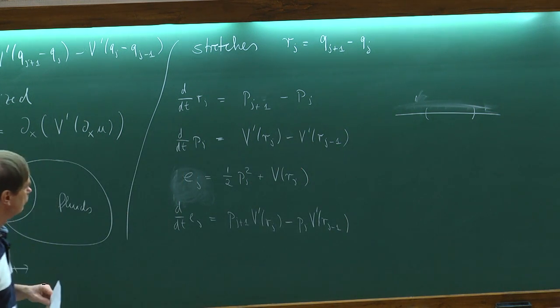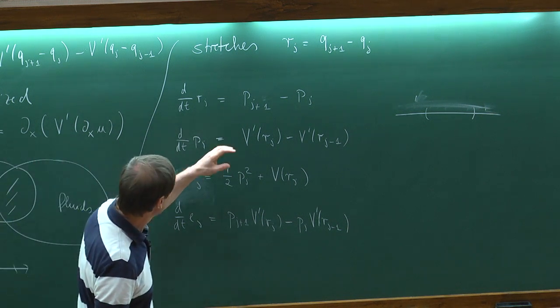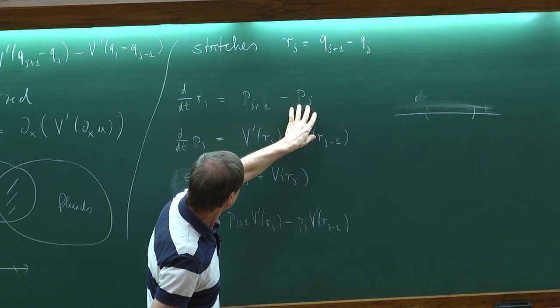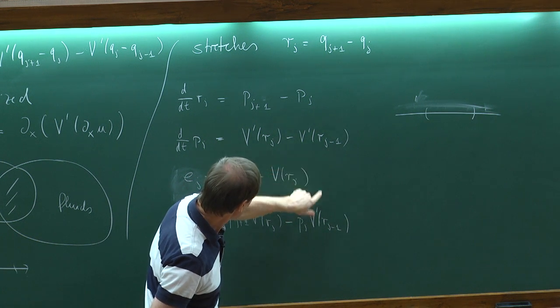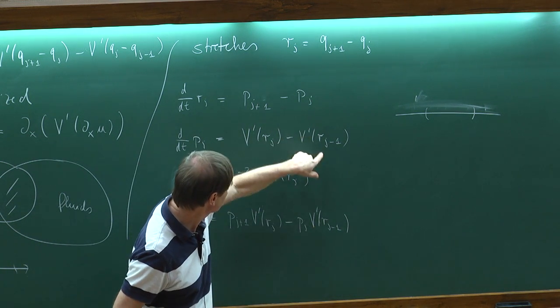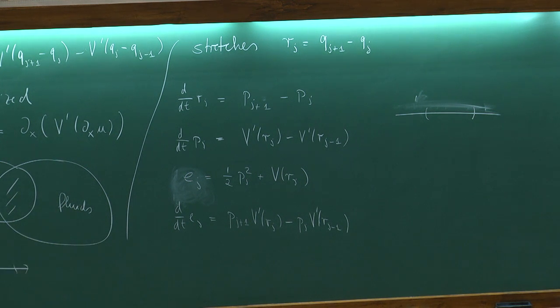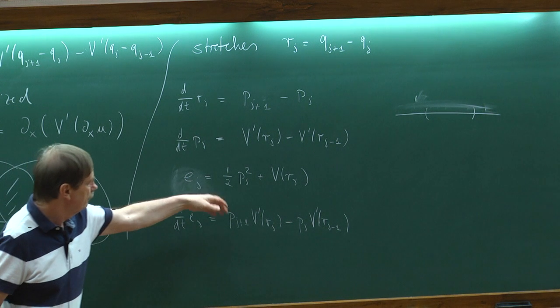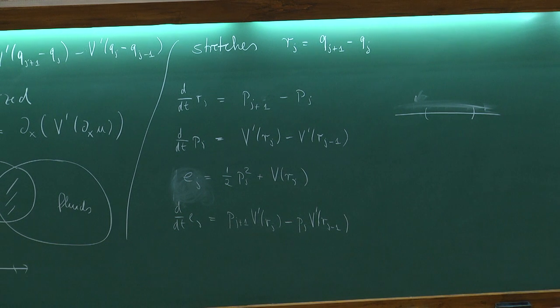So I actually have three conserved fields, and there's a special structure. Here the current is the momentum, here the current is the force, or minus the force, and here the current is just the product of them. It is just the product of these two objects up there, and that's a specific feature of these anharmonic chains. It will also reappear in the DNLS, and it allows for a lot of simplification compared to the most general case.